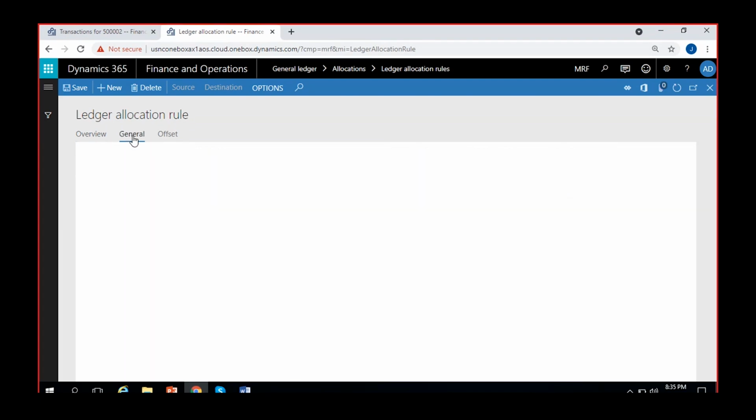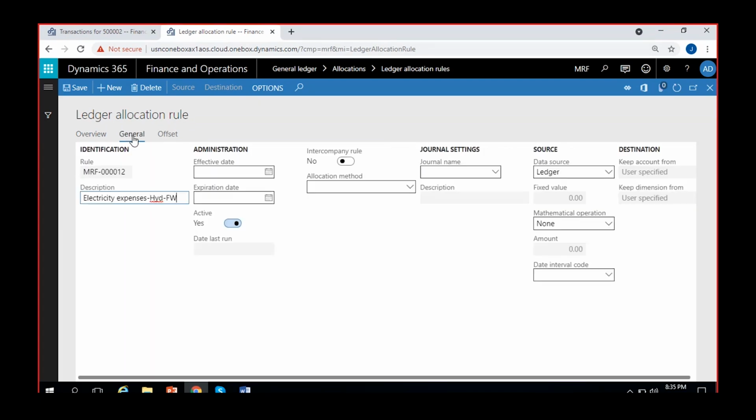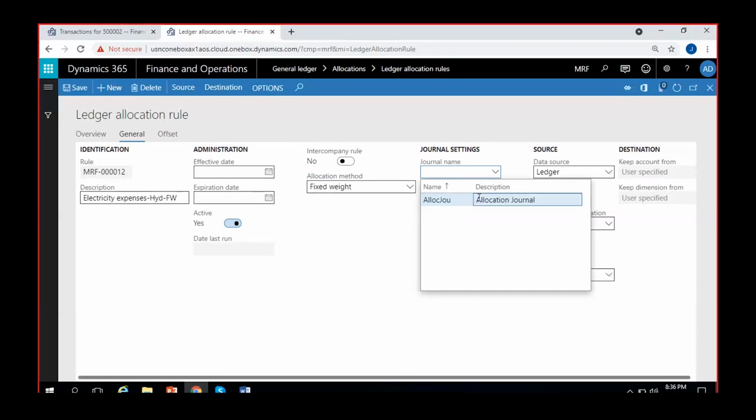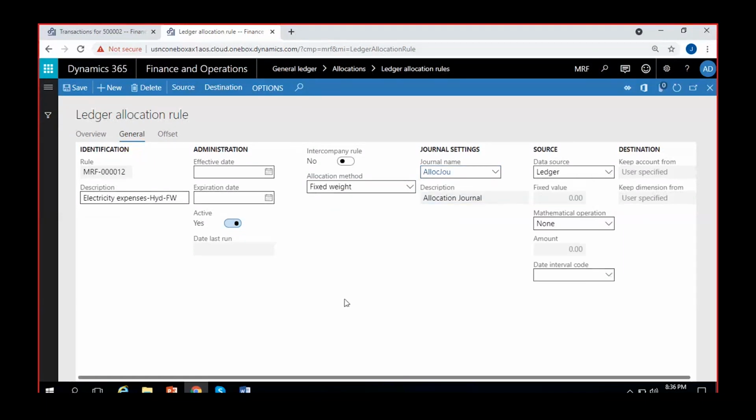For the allocation rule, I have to go to General. Here, what do I have to select? Weight method. Okay. Journal name: I'll select the same allocation journal that we have created previously. Enough. Source. So going to source,